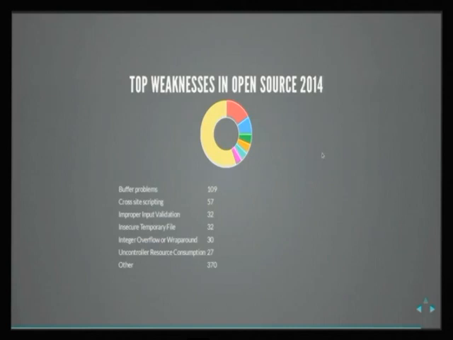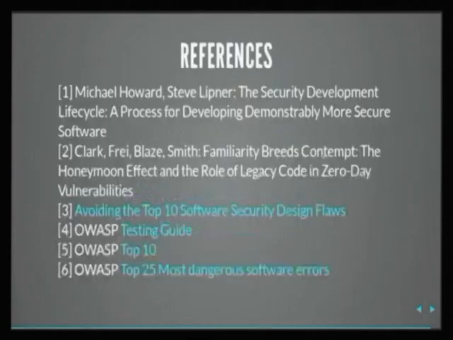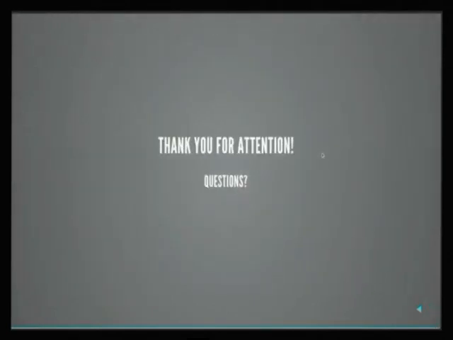So when you have these stats, they can help you with putting mitigations in place. For example, if you see that insecure temporary file is so high, it may be a good idea to create something like a polyinstantiated temp directory and give it priority to actually kill a whole class of vulnerabilities that can appear. That will save you a lot of effort. So that's it. These are references for my presentation. Are there any questions?